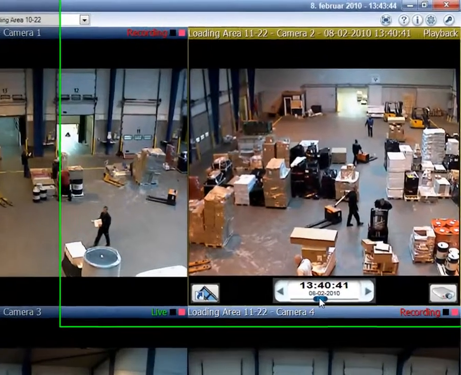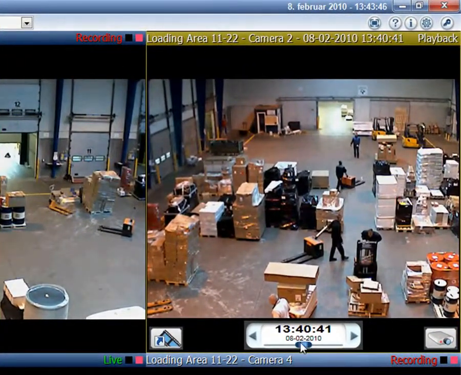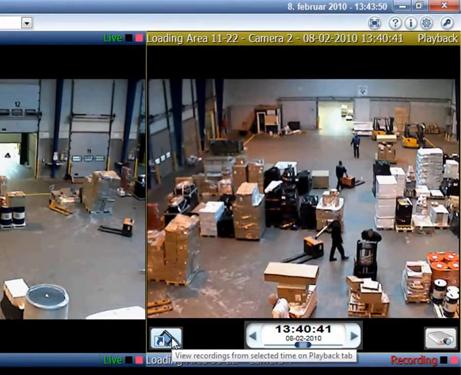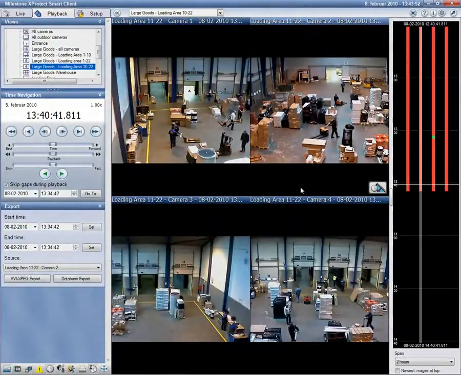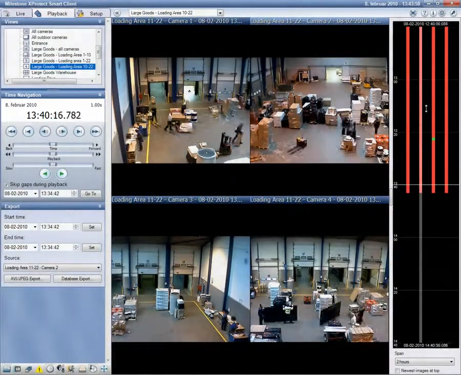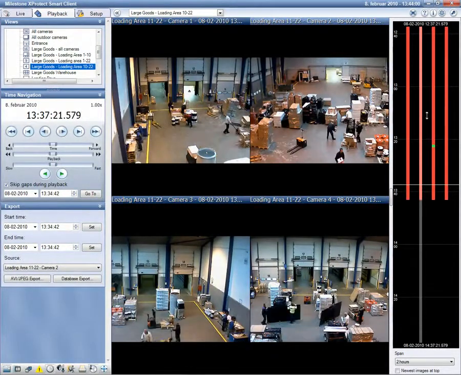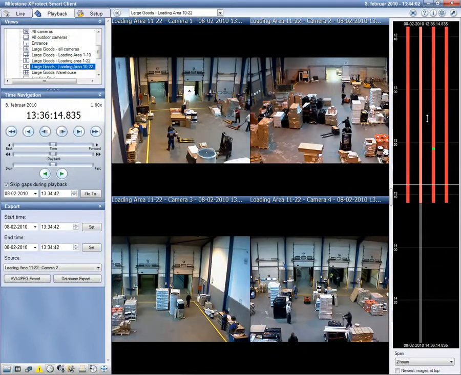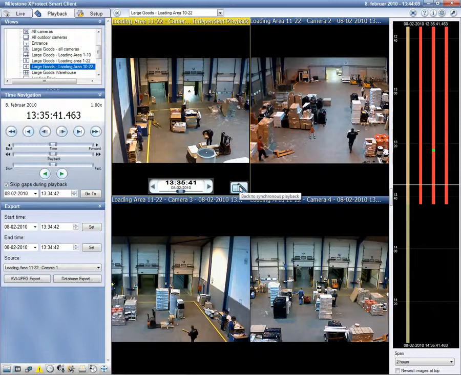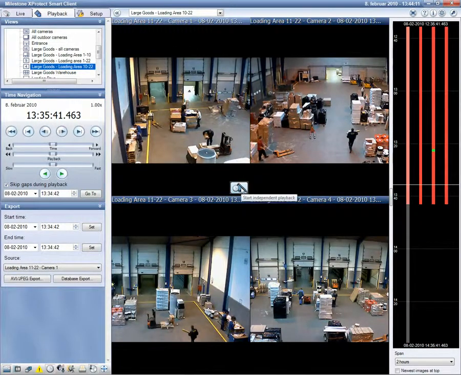If you find something interesting that requires a more detailed analysis, you can view all cameras in playback from a given time by simply clicking the synchronized playback icon. This will take you into the playback mode, where the time from the independent playback is inherited, as you can see here. Now you can continue the investigation for all cameras in the view. Just as in live mode, you can force one or more cameras into independent playback for detailed investigation of an